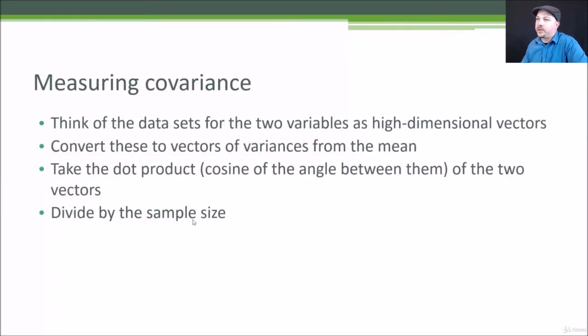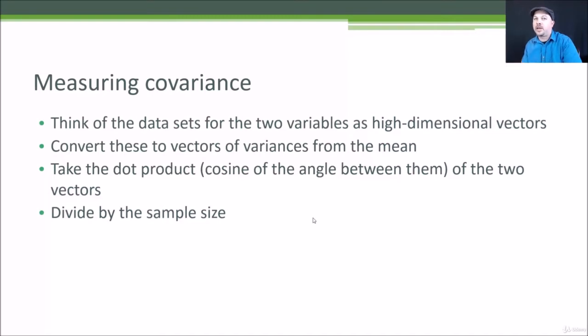So measuring covariance mathematically, it's a little bit hard, but I'll try to explain it. It's really more important that you understand how to use it and what it means, but to actually derive it, if you were to think of these attributes of the data as high-dimensional vectors, what we're going to do on each attribute for each data point is compute the variance from the mean at each point. So now I have these high-dimensional vectors where each data point, each person, if you will, corresponds to a different dimension. And I have one vector in this high-dimensional space that represents all the variances from the mean for, say, age, for one attribute,